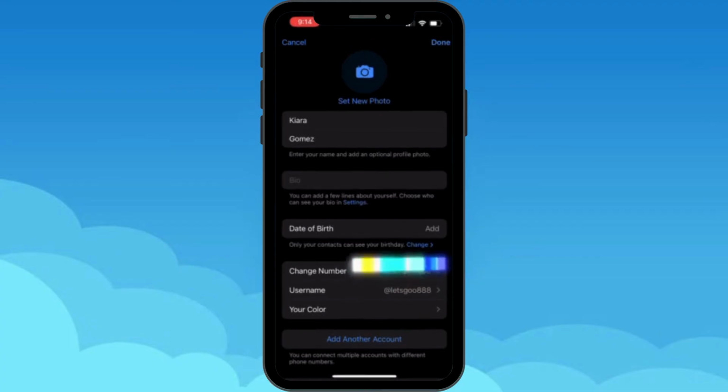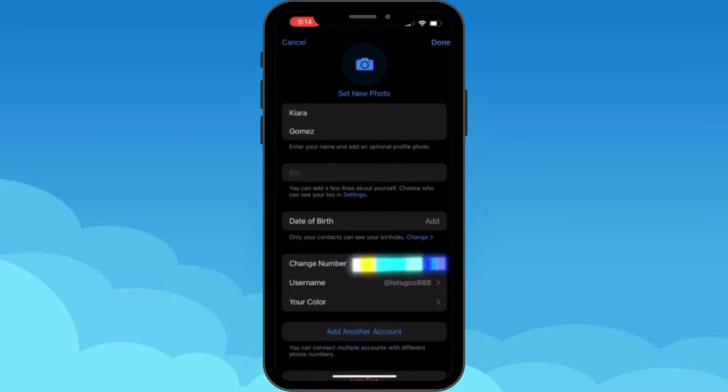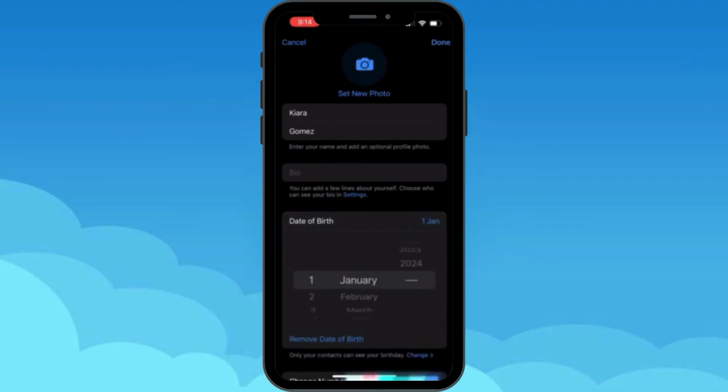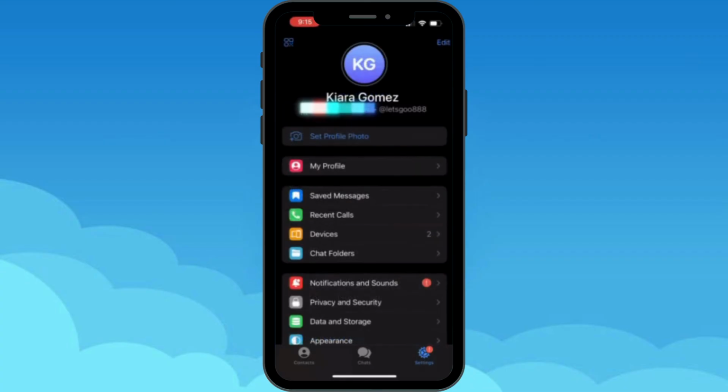So you can see here there's an option that says date of birth. Now this is where you add your date of birth. Just tap in add and you can choose a date of birth. So for example, let's suppose my date of birth is in October. And whatever day you're born in, you can simply choose that, and you can simply choose done, and there